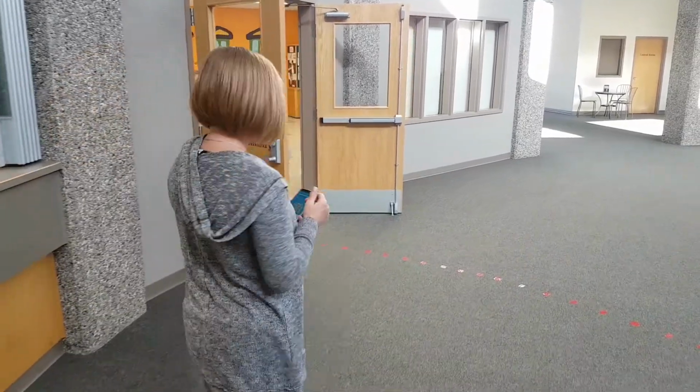One will be for the child and one will be for you. So we'll make sure we keep those labels, and now you're going to bring your kids directly into their class. So heading into the primary area,